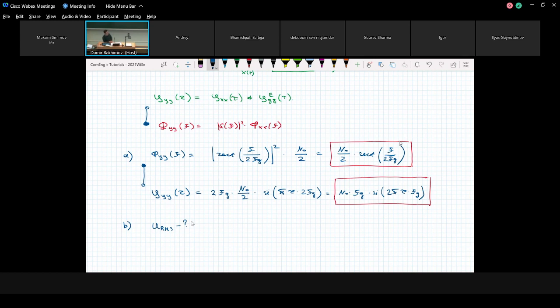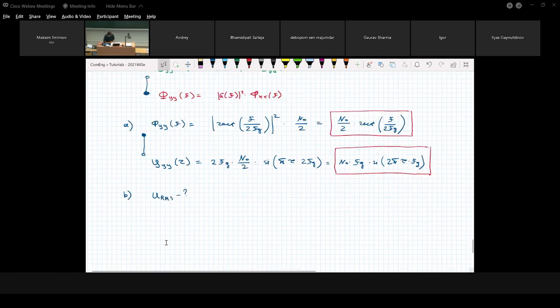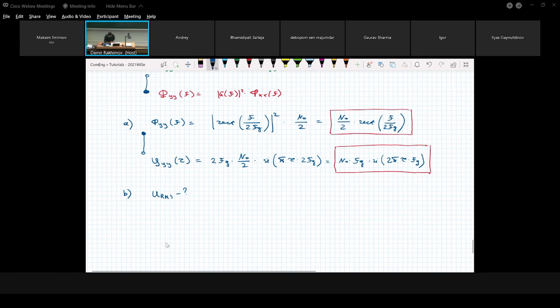We can say it like this, because in the end we see that this RMS will be proportional to the autocorrelation function at zero. If you don't have a DC component, it's not necessarily that autocorrelation is something else than variance. So now we can say that our RMS,